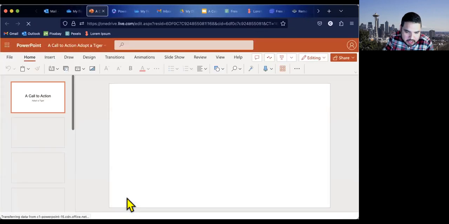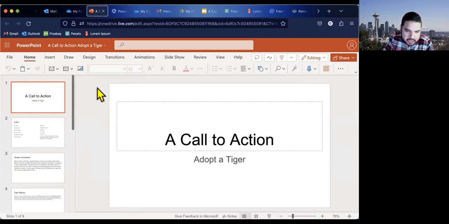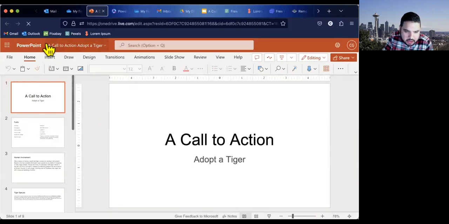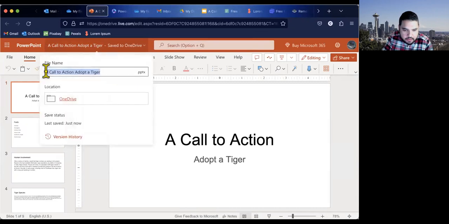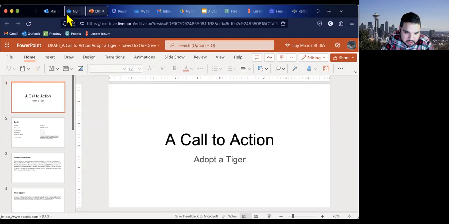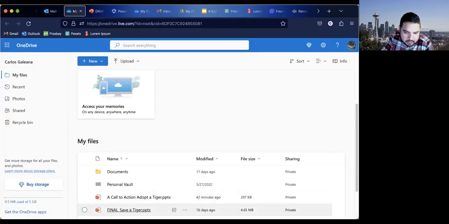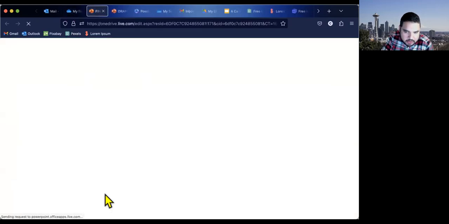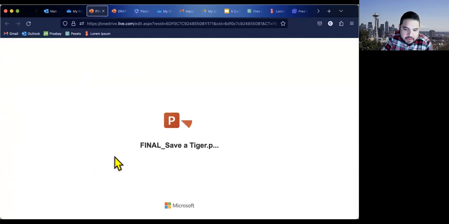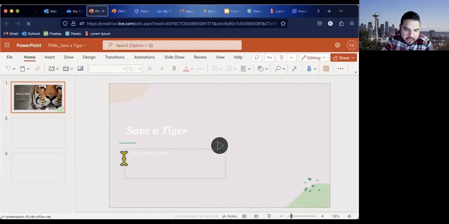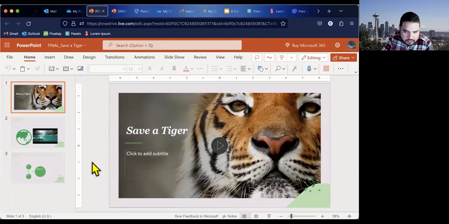Since I'm still working on it, here's another project that I had. Since I'm still working on it, what I could do is call it Draft. And I like to put that up here right above the name of my project. And then when it's finished, I like to put Final. So that way, if I'm working with stakeholders or my coworkers, they know that's the final version. And this is the final version of my project, so to speak. And that's just some quick things that you could do on PowerPoint.